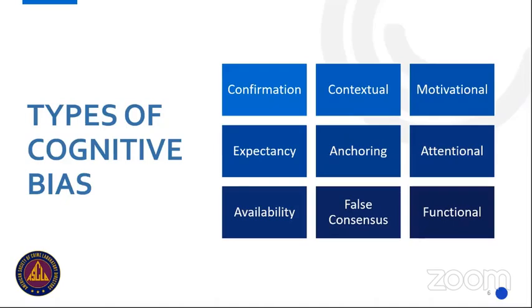This includes confirmation bias, which really involves our pre-existing beliefs, expectations, motives, and situations that influence our hypotheses prior to our analysis. This can ultimately alter the collection, perception, and interpretation of the evidence. Contextual bias includes other information that something is connected to the case that we're working on.